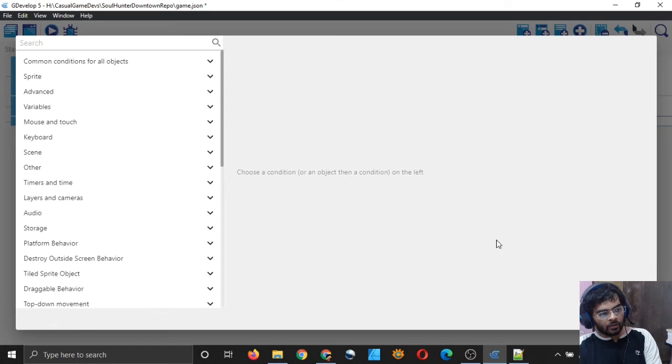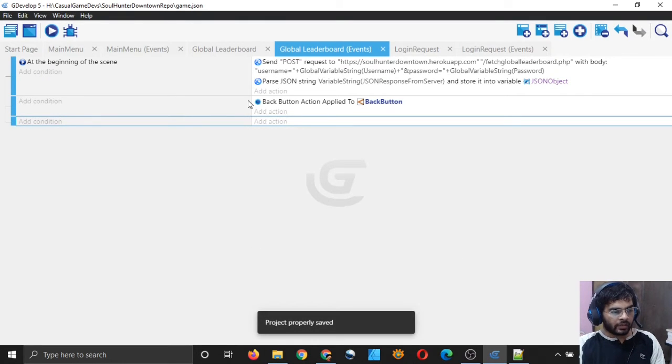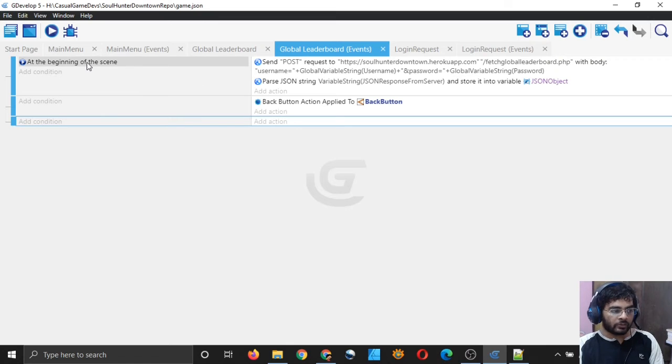Okay, you can actually simulate a loop in GDevelop because what is happening in a game is that the code which you are writing here in the scene is running every frame. So it's running in a loop except for the first one. The first one, where the condition is there at the beginning of the scene, will run only at the beginning of the scene, but this code will run every frame.